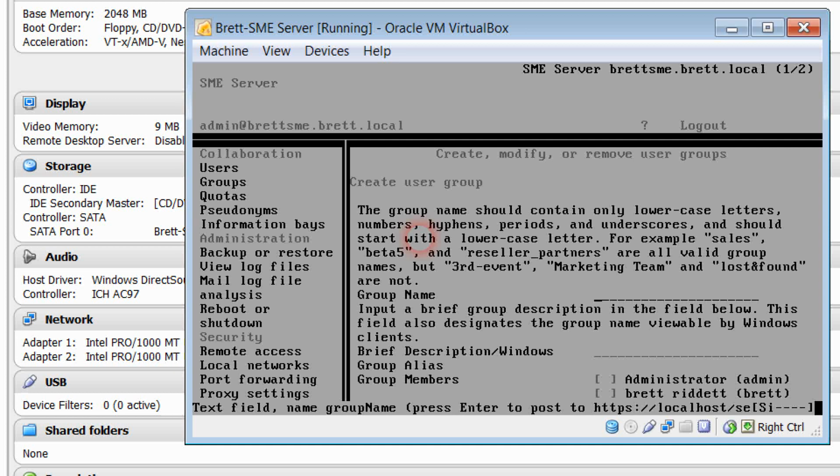Once again, as normal in the Linux environment, it has to start with a lowercase letter, so I'm going to call my group trainers, so I'm a trainer, and input a brief description in the field below. This field also designates the group name viewable by Windows clients, so it's something that, in IT, trainers, and